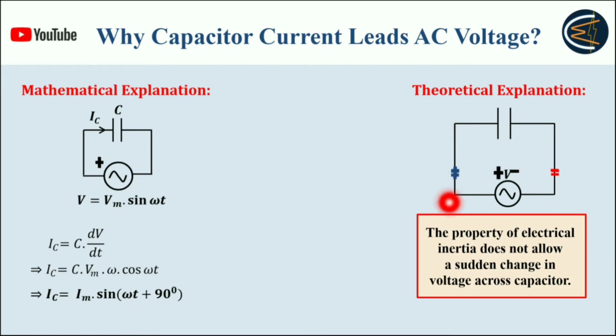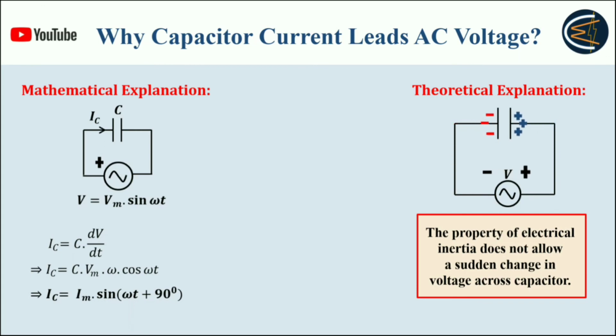Continuous charge distribution is taking place, and due to that charge distribution, a voltage is developed. While doing that, the capacitor needs some time to develop the voltage. First the charge distribution will take place, and then the voltage will be developed, and during that process the capacitor needs some time to completely develop the voltage across the two plates. That is why somehow the voltage slows down. Due to that delay, the voltage slows down, and that is why we can indirectly say the capacitor current leads the AC voltage.